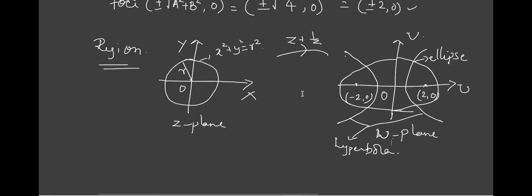Sorry. So first, one thing: we have taken a circle in the z plane and we are getting an ellipse. How did we get the hyperbola? Not without anything. What do we have to take? Theta equal to c2, which means we are taking a line passing through the origin in the z plane. What is the equation? y equals tan theta into x. Am I right? If you take this, only then you'll get this hyperbola. Really sorry for that.